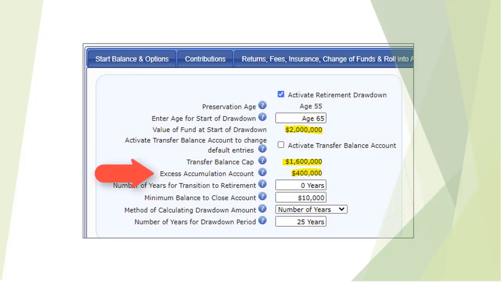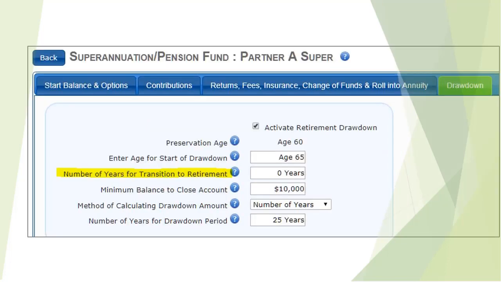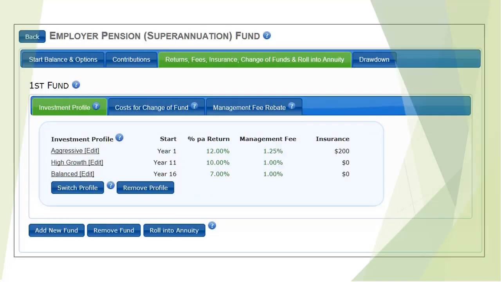Once the money has been allocated at the commencement of the drawdown period, 2 separate income streams can be managed independently. The program has a rule which automatically stops contributions once the drawdown is activated. You can override this rule by going to the tab Drawdown and nominating the number of years for transition to retirement. On the tab Returns, Fees, Insurance, Change of Funds and Roll into Annuity, you can manage the specifics of